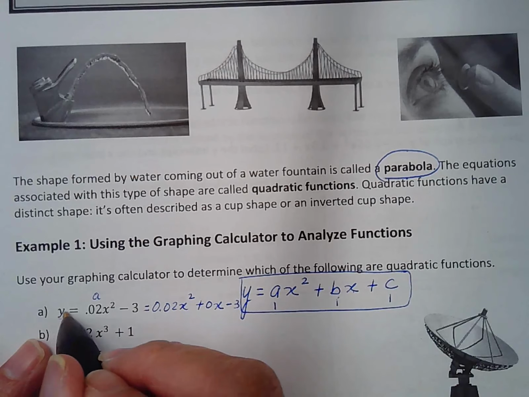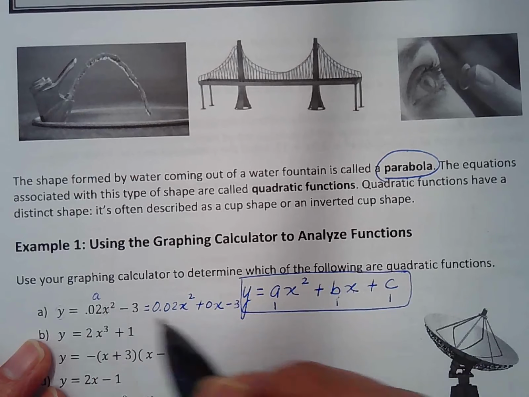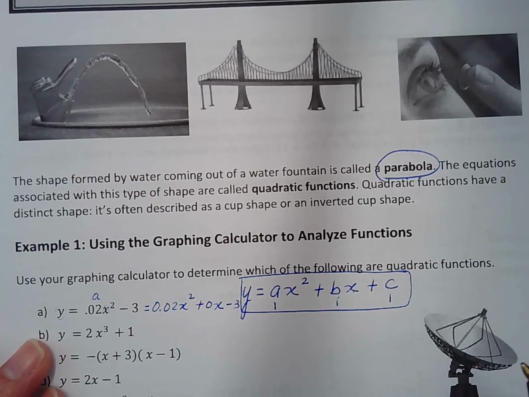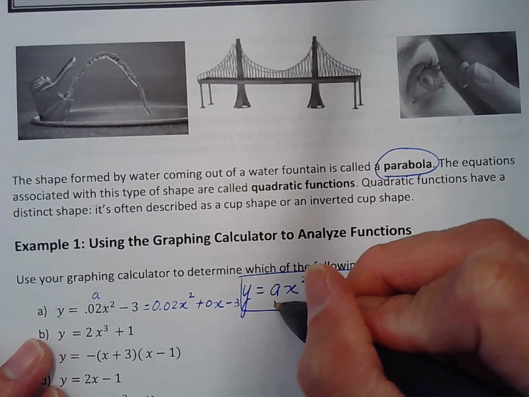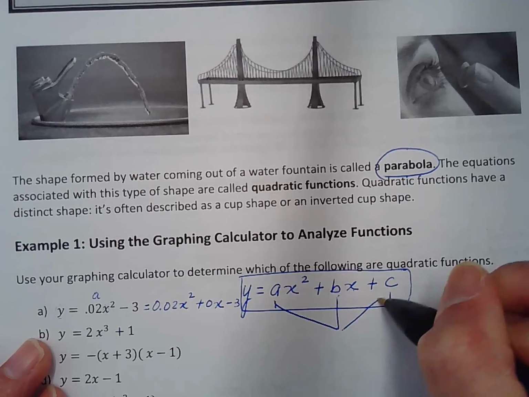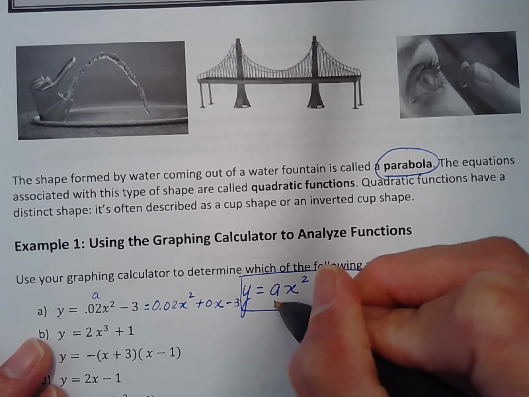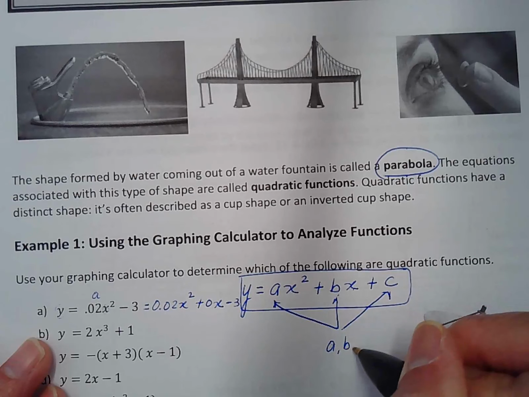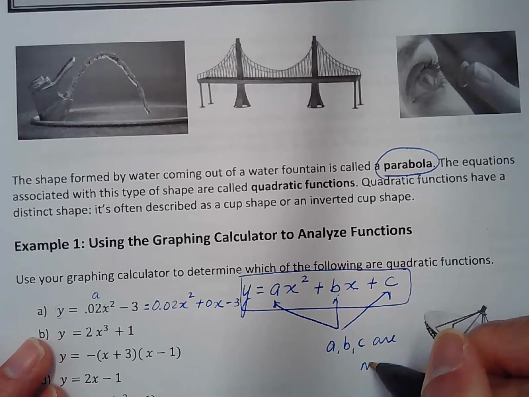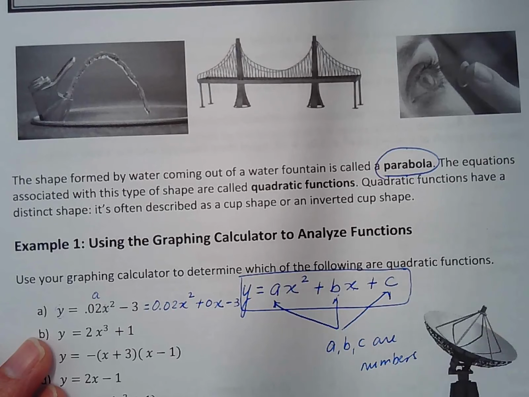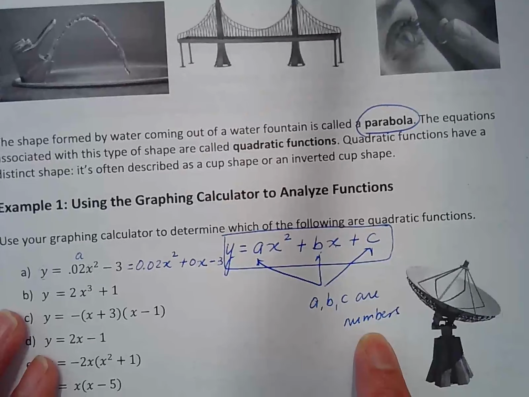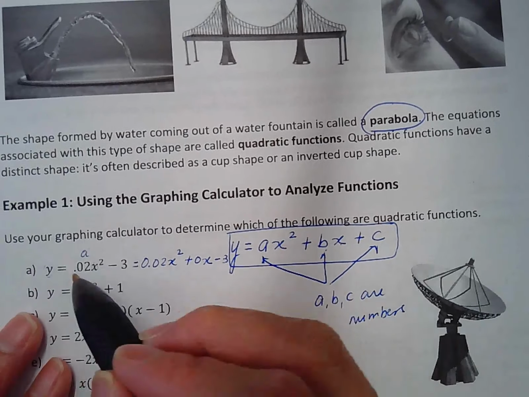Our variables are y and x. Just like the formula is y is equal to ax squared plus bx plus c. The A, B, and C are numbers. They're not variables. They're numbers. Okay. And in this case, A is